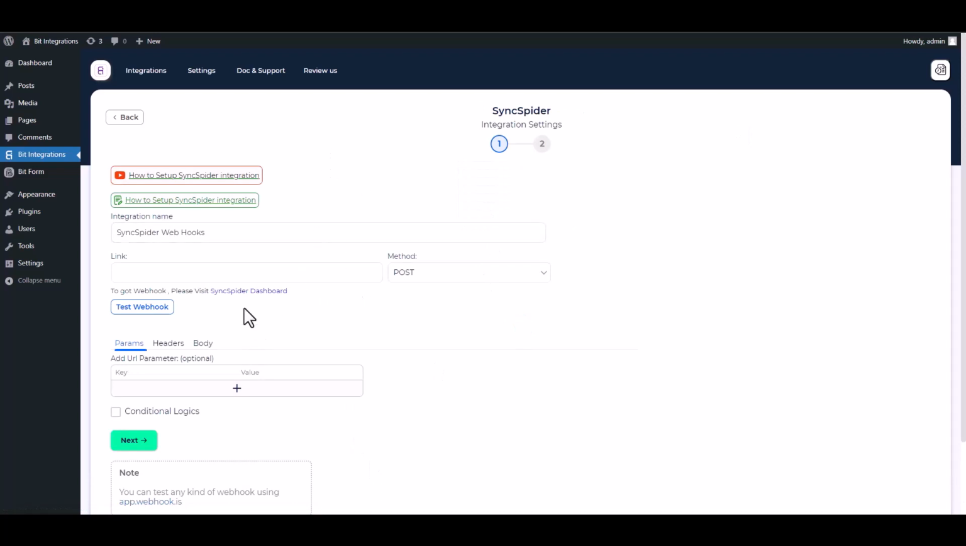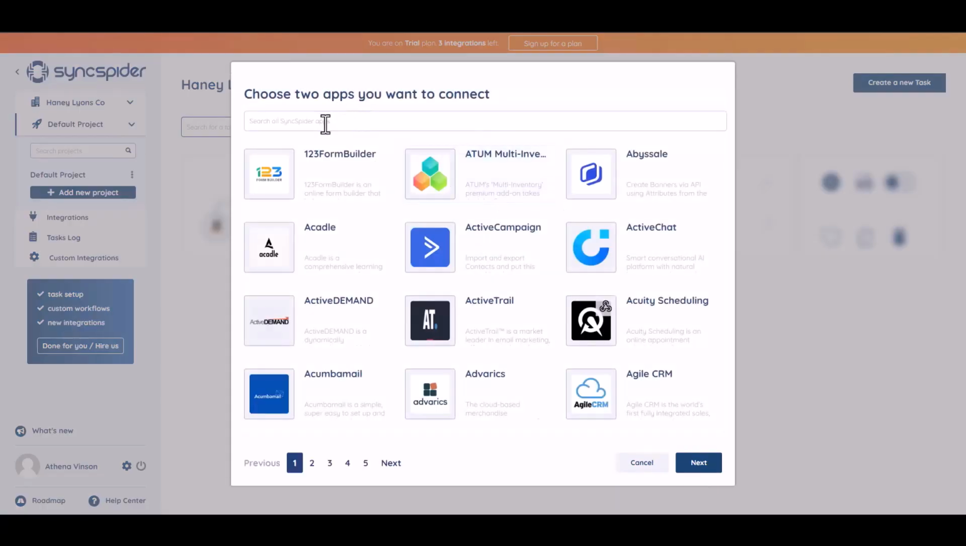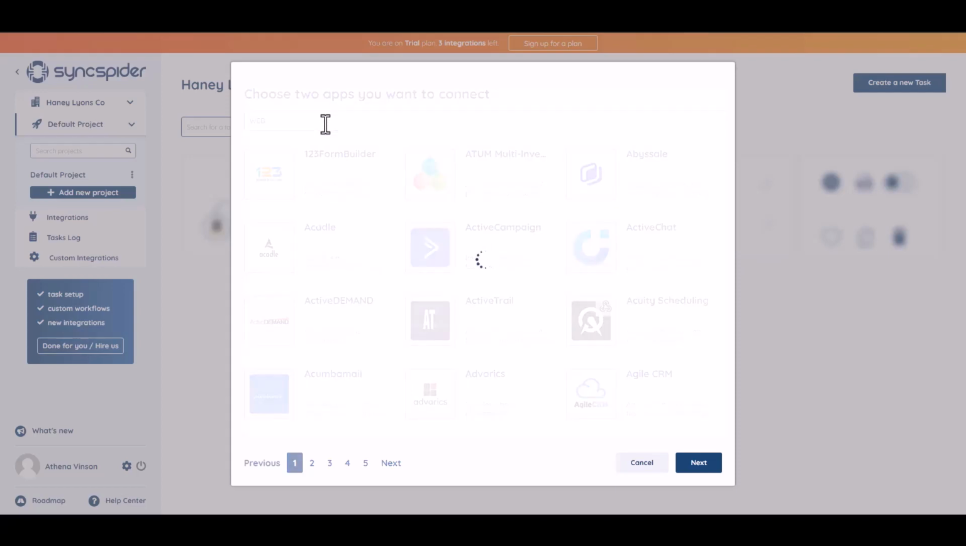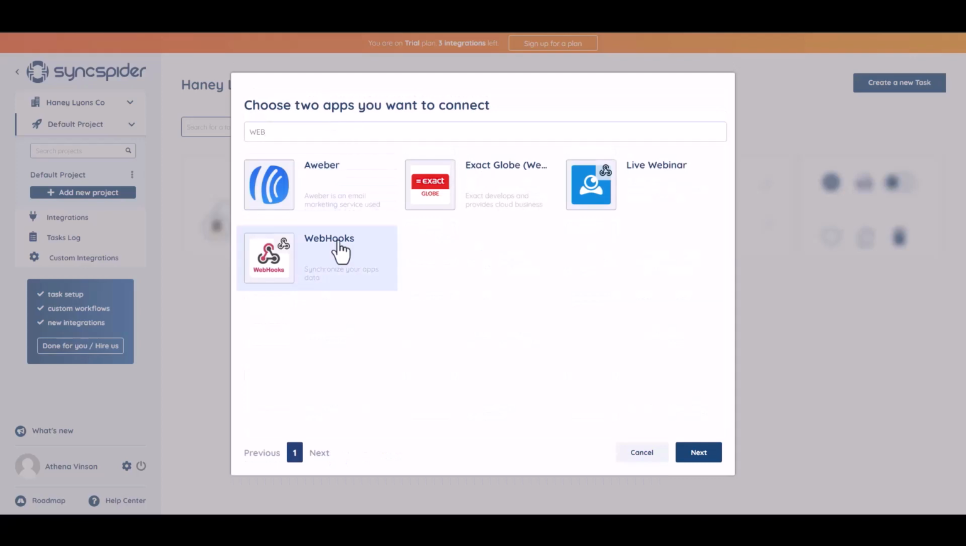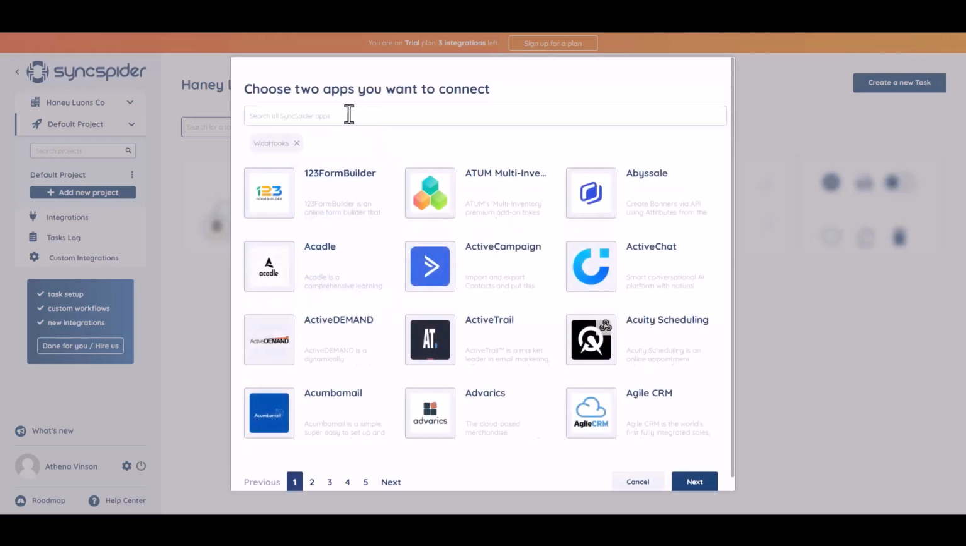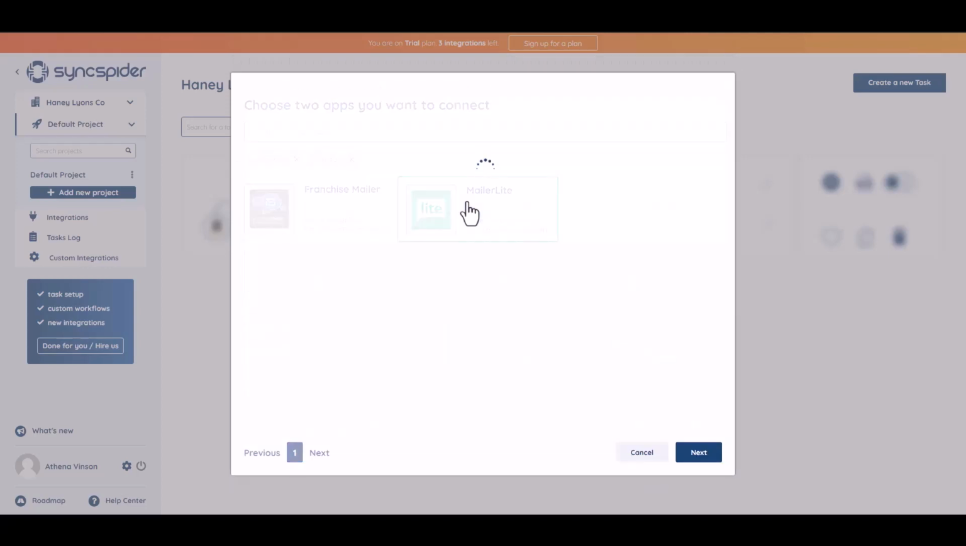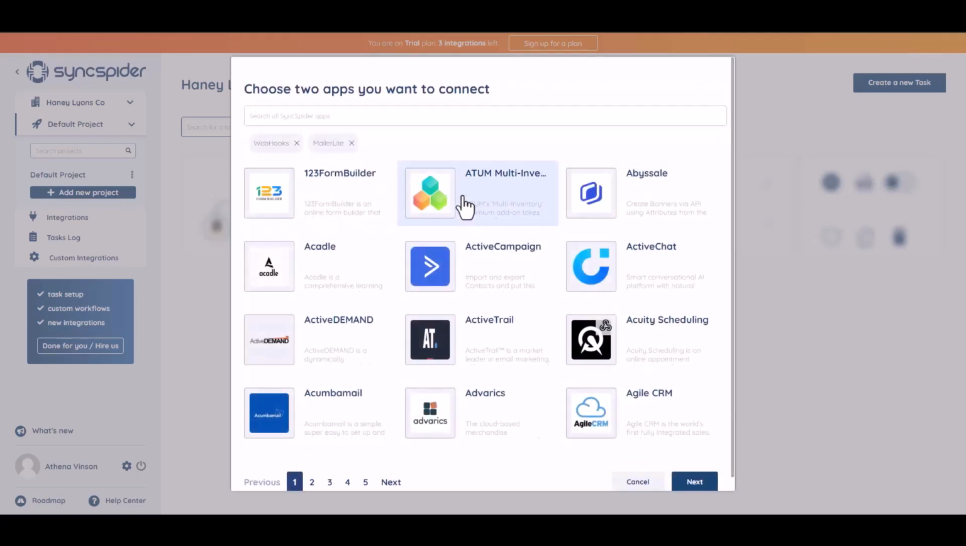Give here a webhook link. So go to the SyncSpider site, then click Create your first task. Search and select webhooks. Then choose another app to send the data. Next,